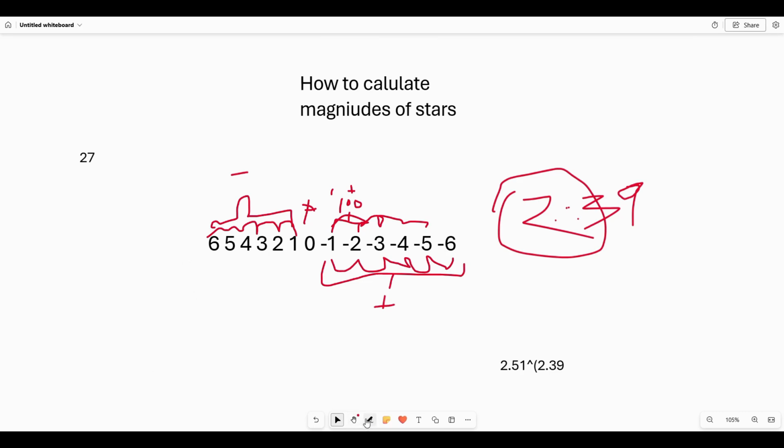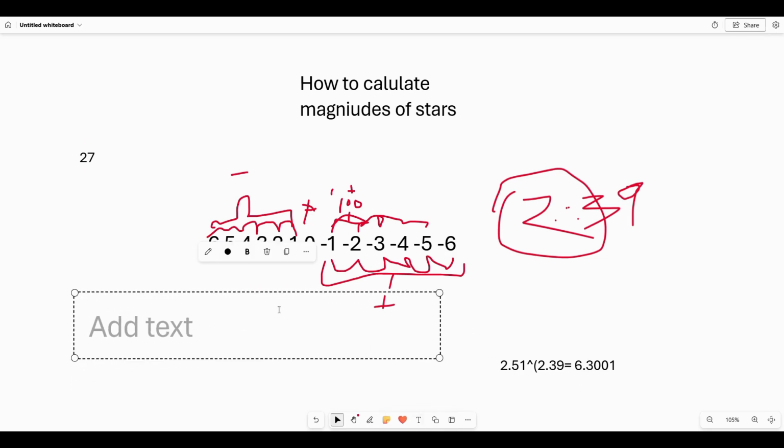Actually, Jupiter's magnitude when we write this is actually 6.3001. Yes. So this is Jupiter's magnitude, and I'll also give you a little bit star example so you can also work out. Just remember the variable which you have to do the power with is